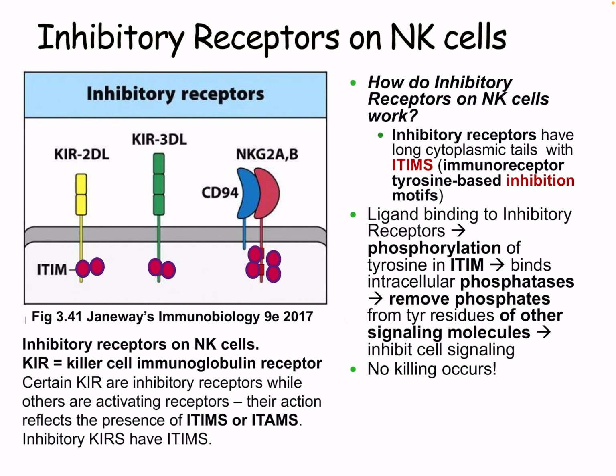So again, we'll take a closer look at these inhibitory receptors. So how do they work? These inhibitory receptors have long cytoplasmic tails with ITIMs. This stands for immunoreceptor tyrosine-based inhibition motifs. So there's ITIMs and also ITAMs,